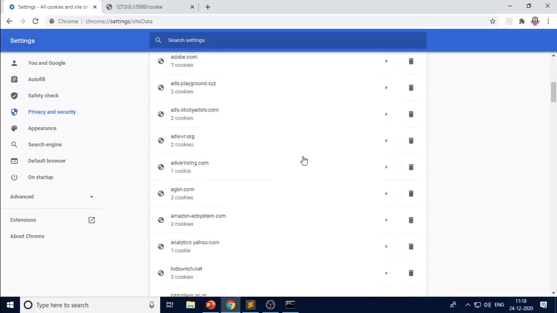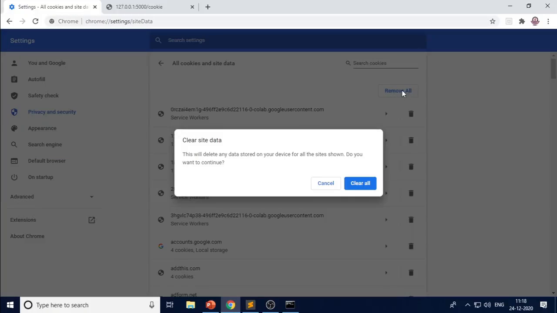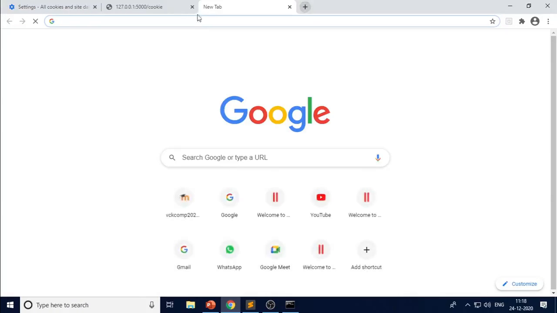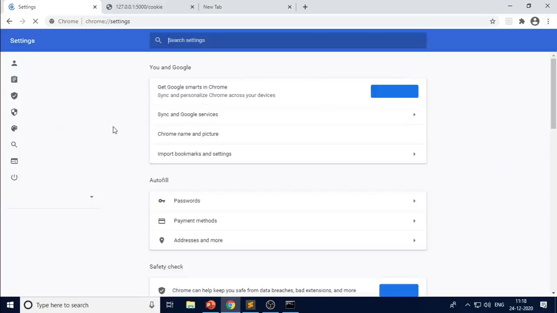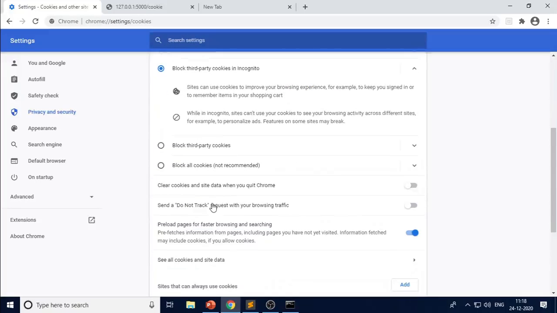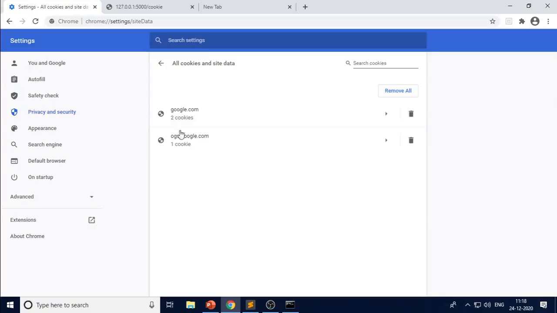This script will create so many cookies again, so we will remove them once again. Remove all the cookies, and one more time we will execute this one. Look here how cookies are created. After this we will open it again and see the contents in settings, whether cookies are removed or not. So again Cookies, then See all cookies and site data. So only these two cookies are there.